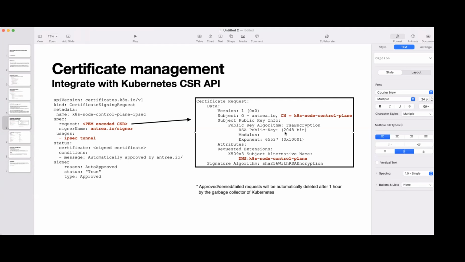It seems that from this message, it says automatically approved by Antrea.io signer. Then perhaps there's another way to ask the user to upload this CSR. I'm not sure if it's typical to always automatically upload it by program. It sounds like